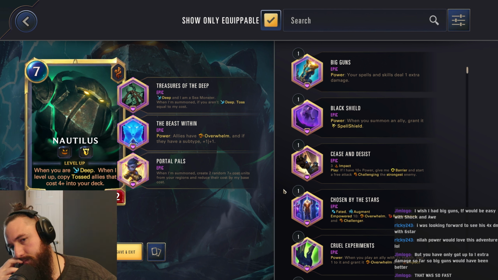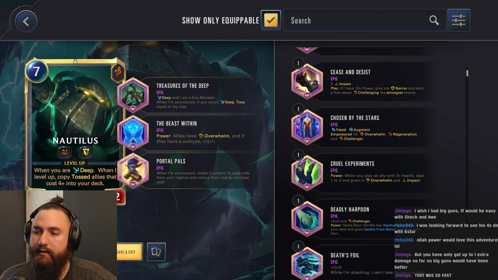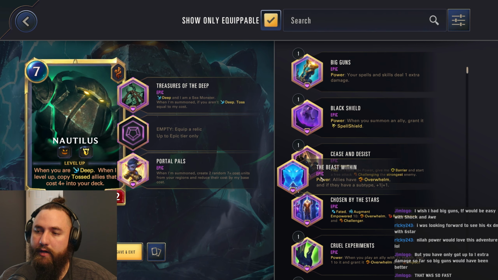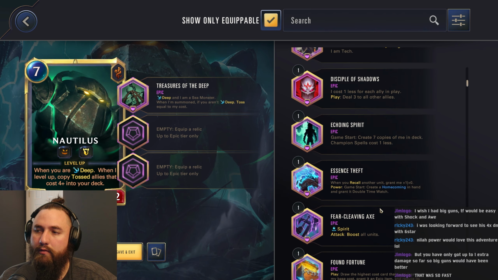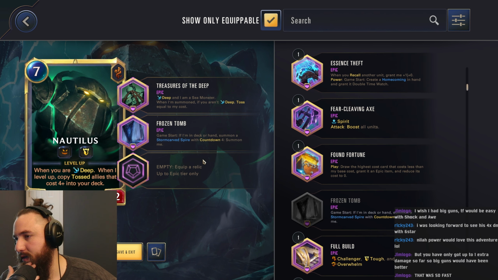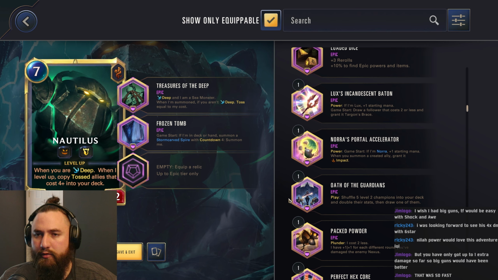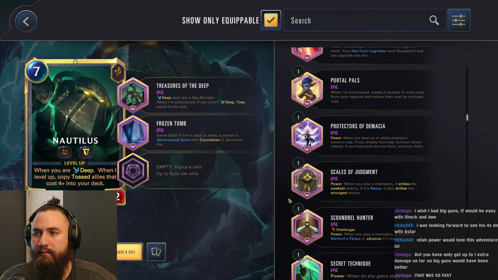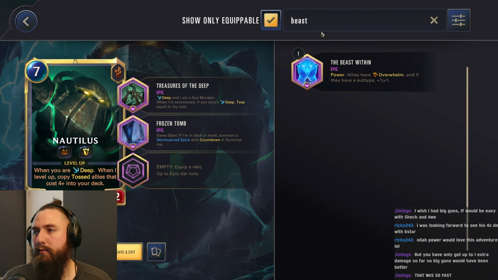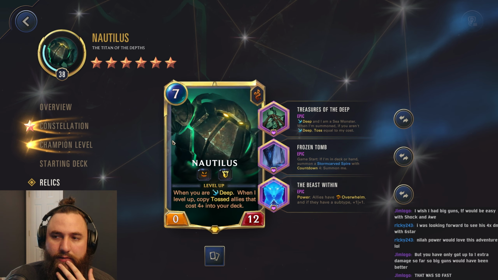So, when you're deep, I level up, copying tossed allies into your deck. This is a summon effect though. So how many times can we trigger this? We could go for a Frozen Tomb, have him trigger that again. We could also go for a Gale Force to recall him and then try to keep playing it. We might just want to go for rerolls, although having the Overwhelm isn't terrible. Yeah, we might want to stick with that. Frozen Tomb does take a while, but